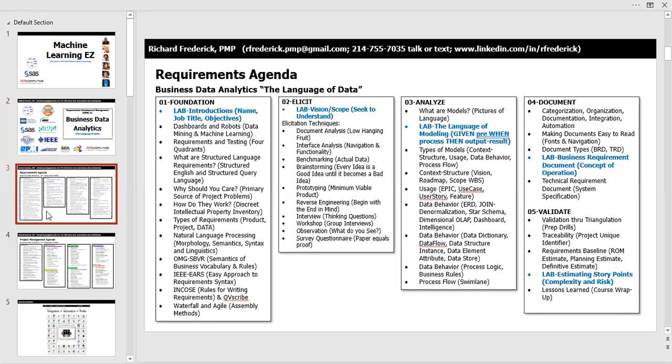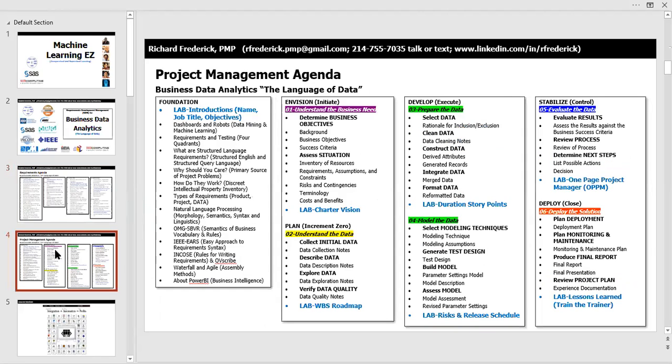The requirements class is traditional requirements, with the exception of a focus predominantly on data as opposed to product and process, which are very important. And we do talk product and process in the course. However, I spend more time talking about data because obviously data is the new oil and it's the future, right? Actually, it's happening now. The project management course is also a traditional project management course, however, geared towards business data analytics, the language of data. These color codes are associated with roles.